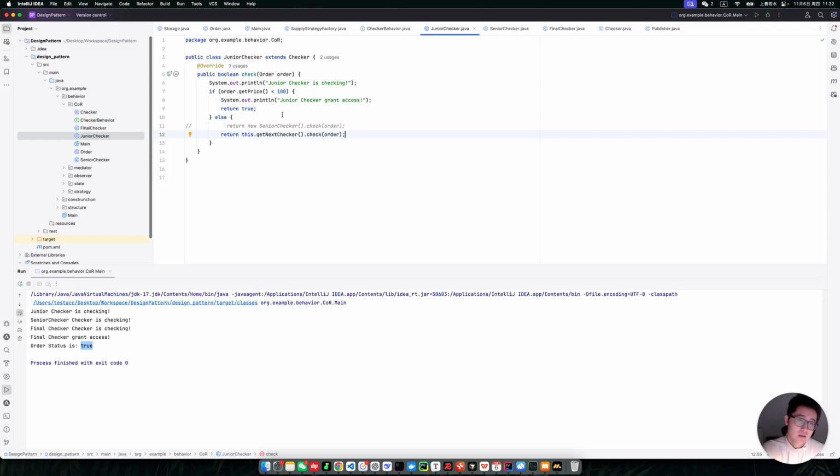For example, we have already done the first version, and later with some new checker getting inside, if we want to change the sequence, we need to manipulate each of the checkers because we return a very particular class directly in the source code. So if this is the first version, it is not following the open and closed principle. And the other one is following open and closed. So next time, if you have more,